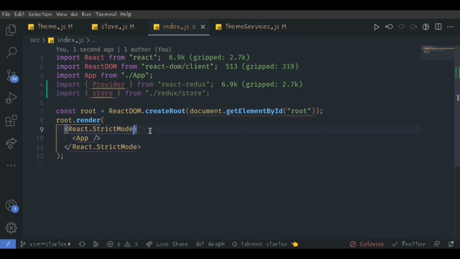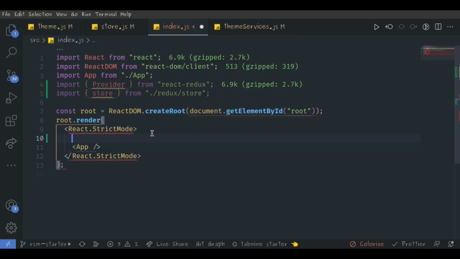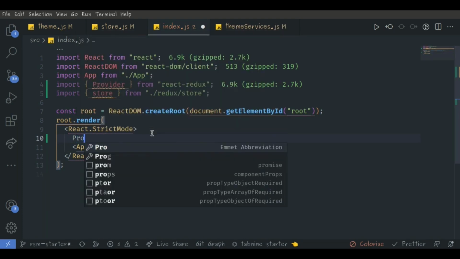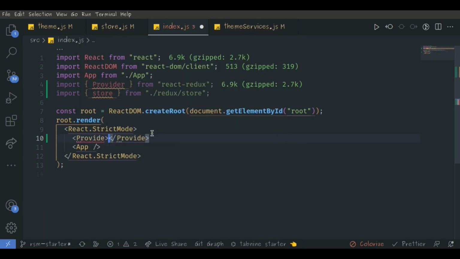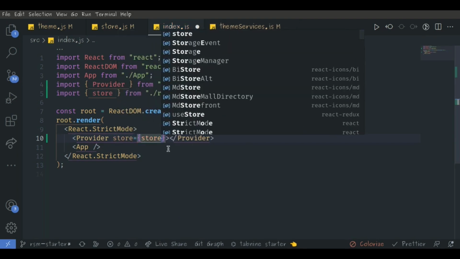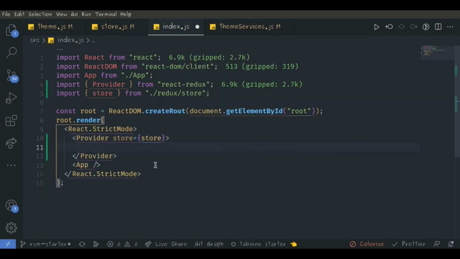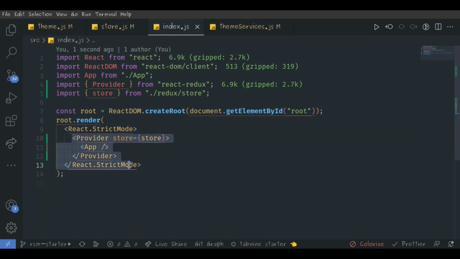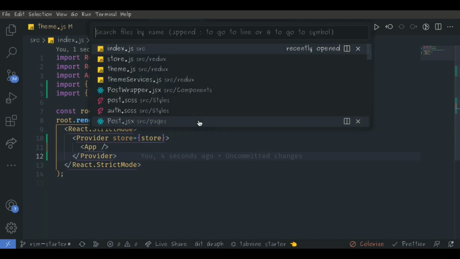So now here, in order for us to use this provider, we are supposed to wrap everything here. So it's going to be a provider like this, and inside of this provider here, we need to give it a store variable, and this store is going to be the store. So after this, we need now to wrap our whole entire application with this provider and the store that we've created now, which means that instead of our